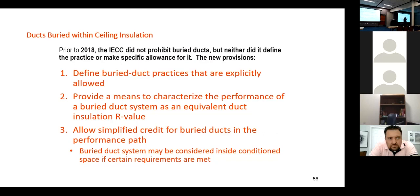Everything down there, just about, I think I mentioned this earlier, is in the attic. And it really is just a poor place for it. So let's talk a little bit about what the 18 code started and the 21 code really moved forward. Basically, it defined burying the ducts